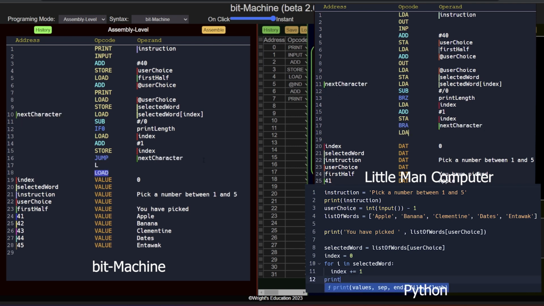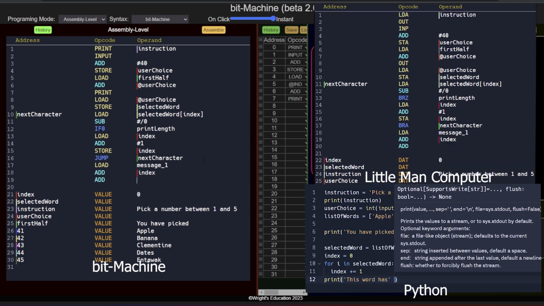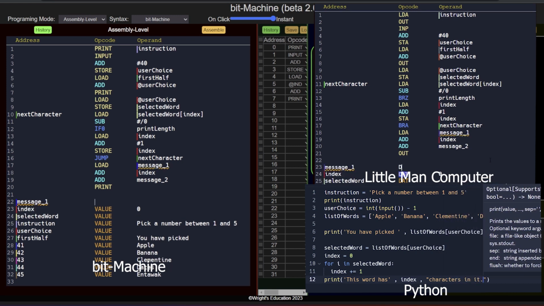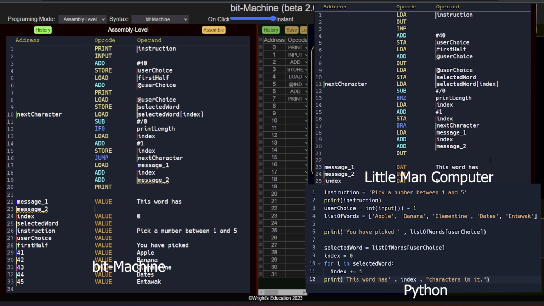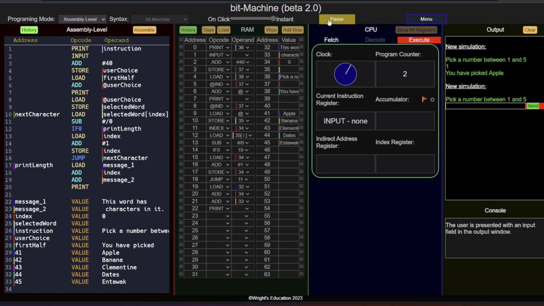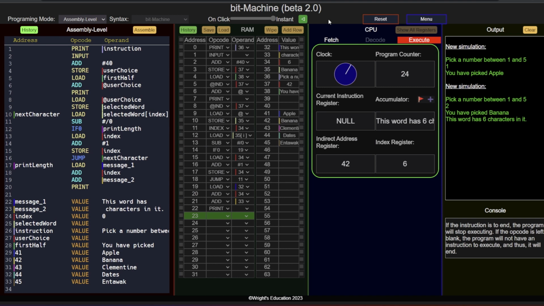Once we reach the end, just like we did before, we can concatenate a message for the user. Load in the first half of the message, such as this word has, concatenate the index number to it, and finally the last bit of the message, such as characters. And we can print the result. We can now assemble the code and run it. The program asks us to pick a number, it then displays the associated word, and finally prints the number of